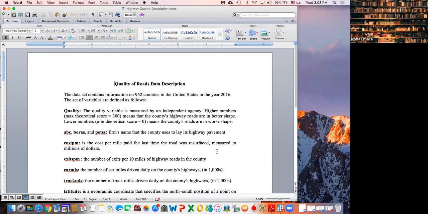Your dependent variable is called quality. Okay, so the quality variable is measured by an independent agency. It has a maximum of 300. The lower number is 0, which reflects the worst shape, and the maximum, which is 300, reflects the best shape. We have 3 different names of firms: ABC, Boraz, and Ketis, and these are all firms that are actually building or laying